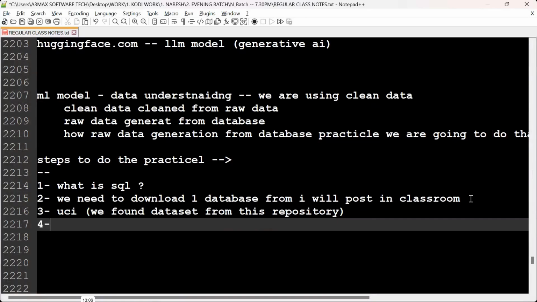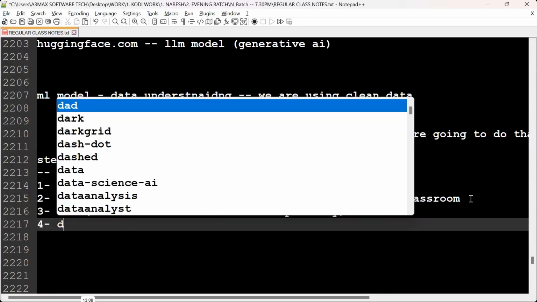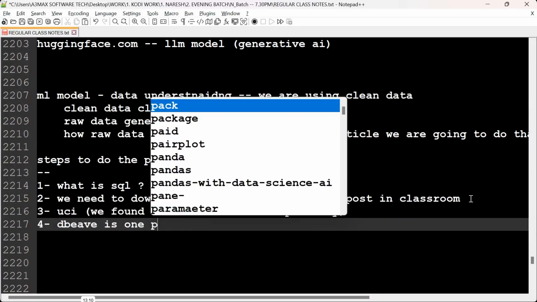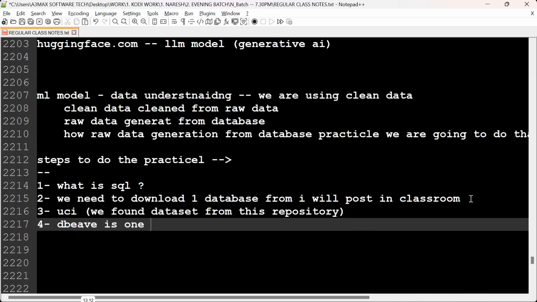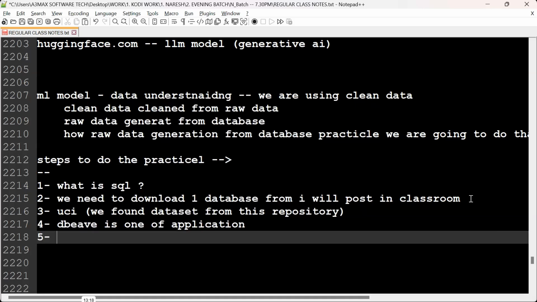Fourth one, which software do we use for this? DBeaver is one of the applications. I will introduce all those things today. Clear? So that's four parts. Fifth one,